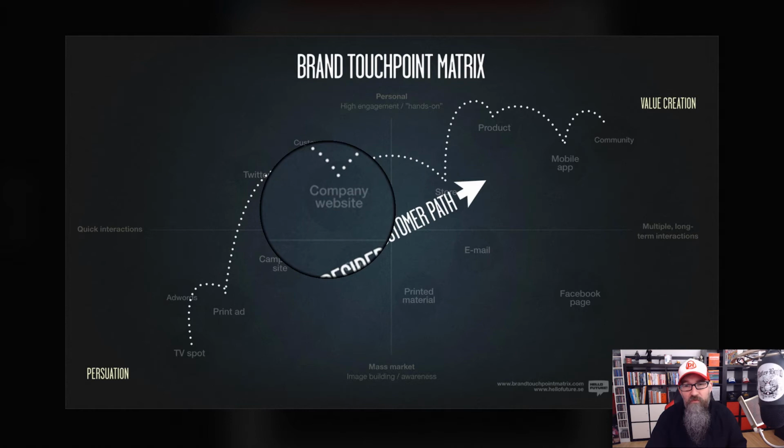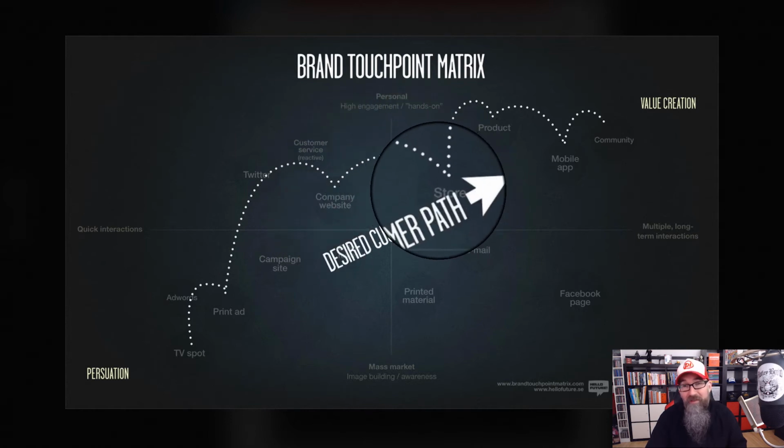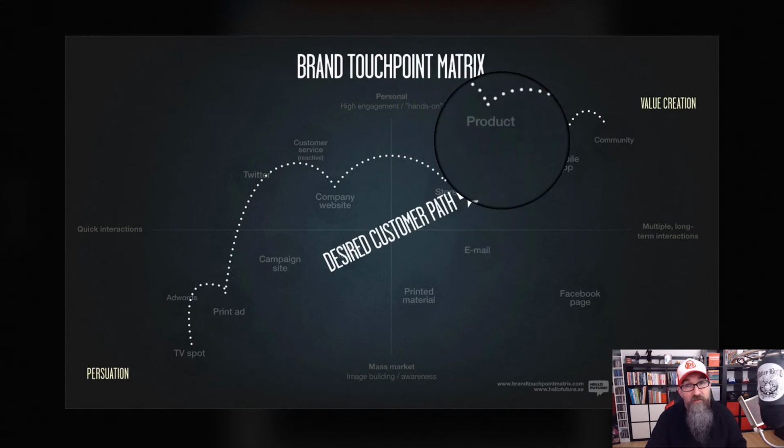Enough so that they then hop onto your store page, or maybe they get in the car and they drive down to a bricks and mortar premises that you have. In that store, they then purchase a product,